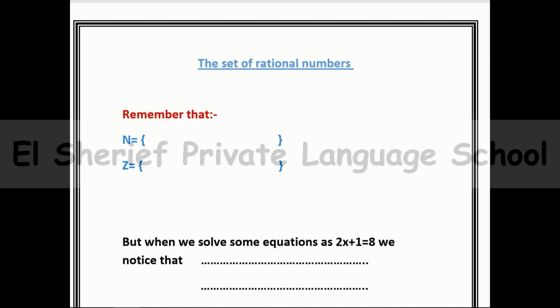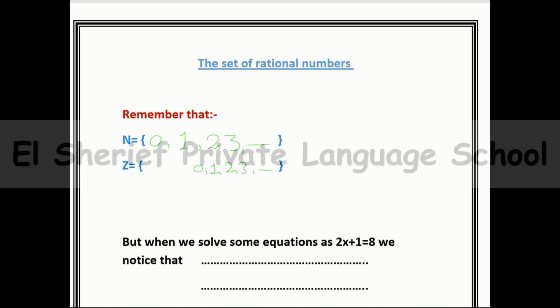Before talking about the set of rational numbers, we must remember that the set of natural numbers consists of 0, 1, 2, 3, and so on. We must know that the set of natural numbers is an infinite set, consisting of an infinite number of elements, and has no limit. After that, we remember the set of integer numbers, and this consists of more numbers: 0, 1, 2,